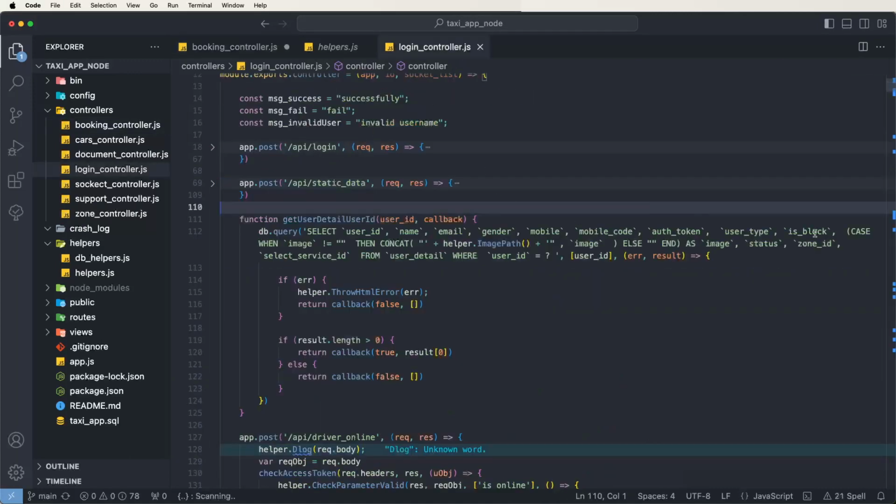Need to go here and get the image conditions, copy here